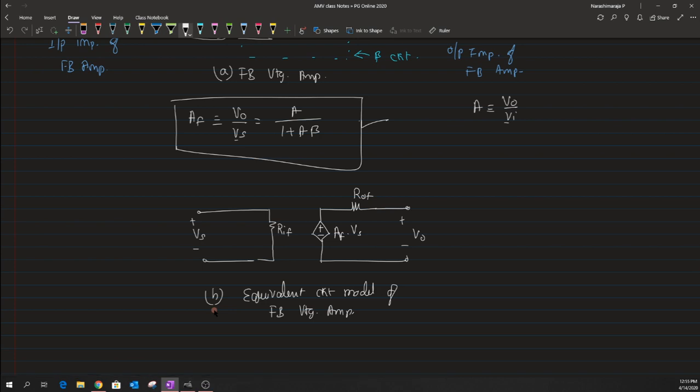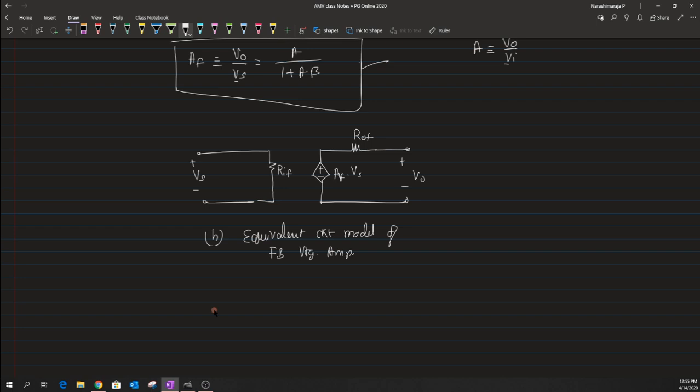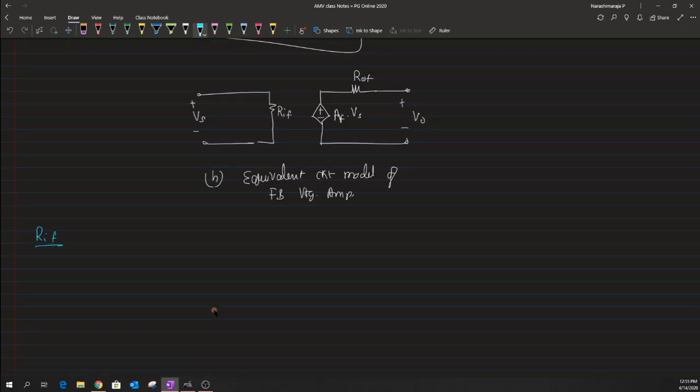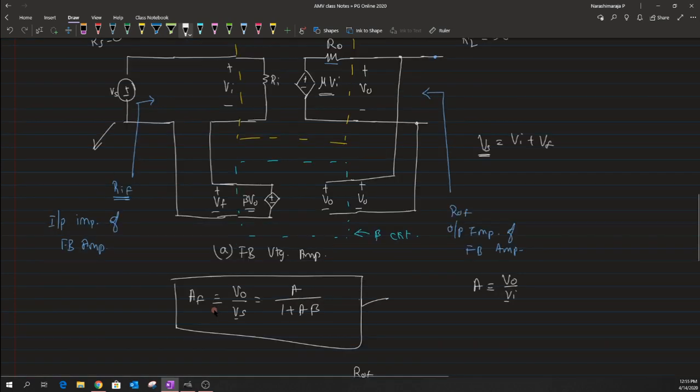So now that we need to evaluate this RIF as well as ROF, in order to do so, let us begin with the RIF calculation, and let us see how one could do this. Okay. So as we know, the input basically mixes a voltage. Okay. So by a series connection, we could write